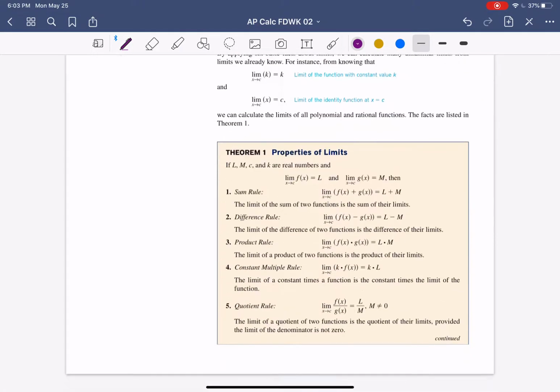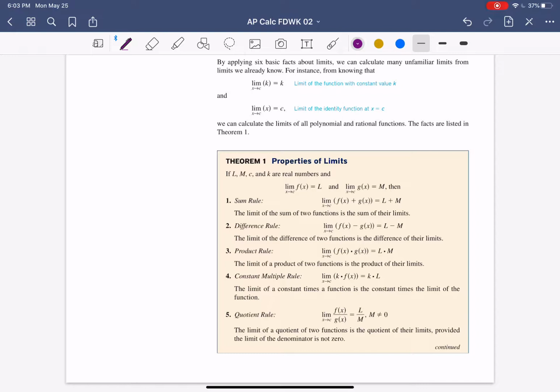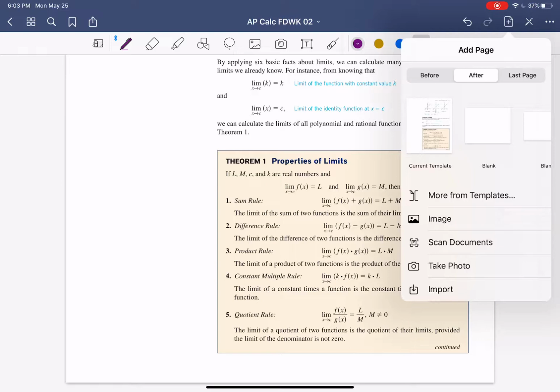So the book goes on, and I'm not really too happy with how this book lays out for us, especially with our very constricted time frame. But I did give you a couple of assignments on Khan Academy that we can build off of what they have here so far. So what we're going to do